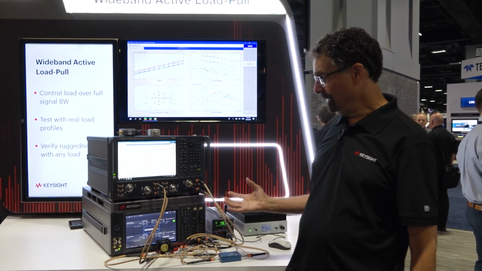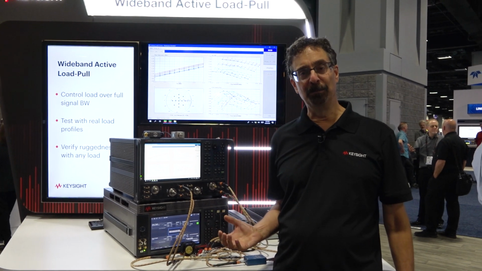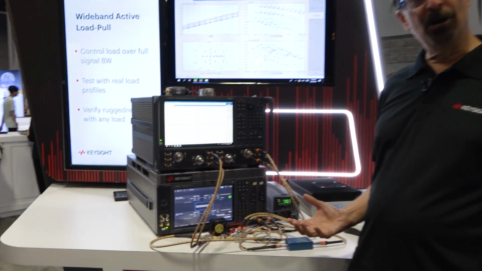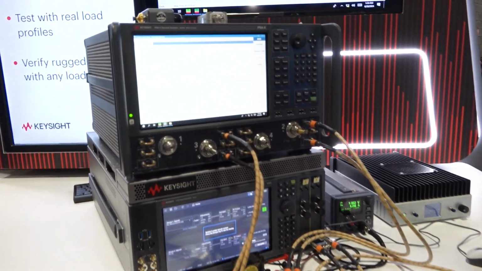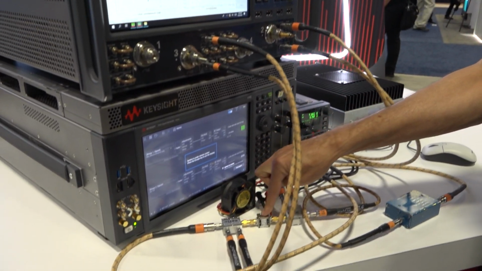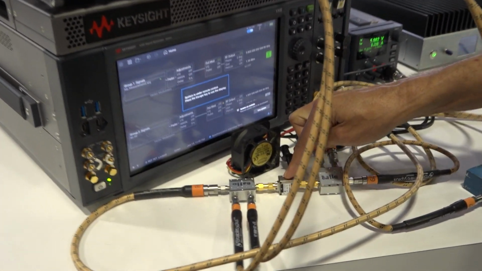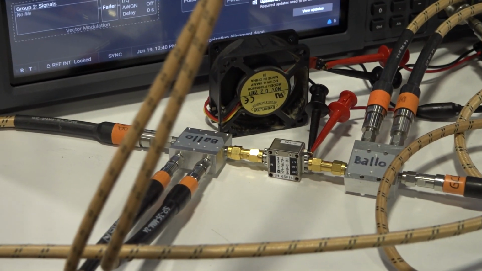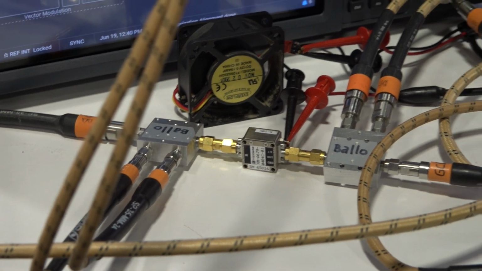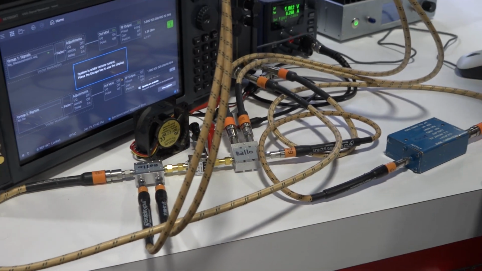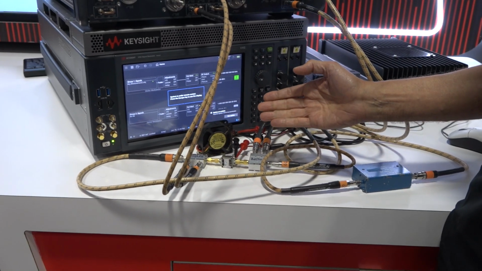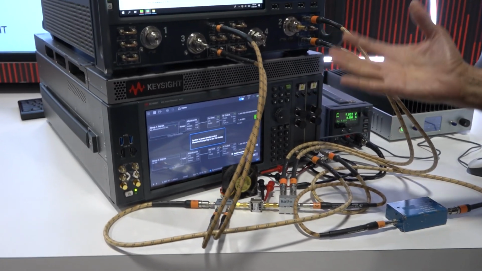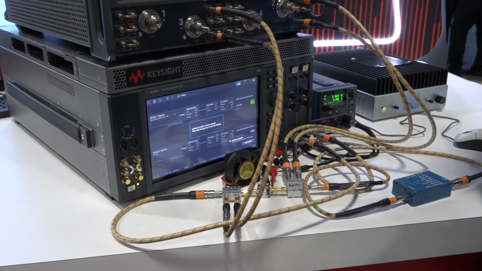And what I'm showing here at IMS 24 is wideband active load pull. So what is load pull? Load pull means that we're measuring our amplifier when it's driven into its nonlinear region, and we're providing different load impedances. So we typically care what's the output power, what's the distortion, what's the gain under these different load